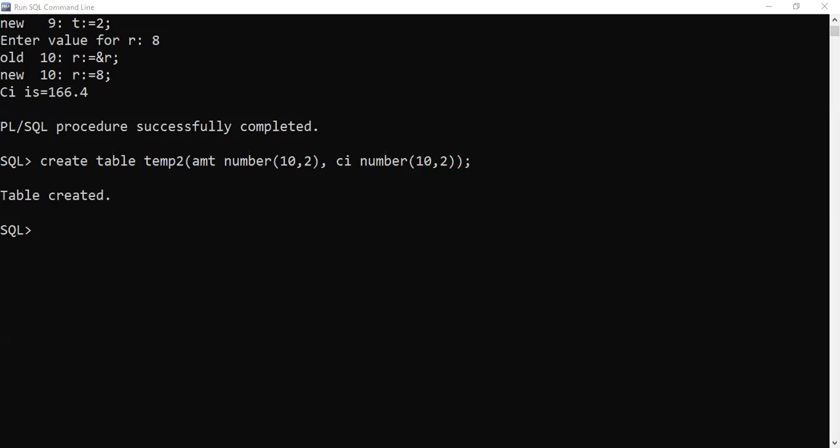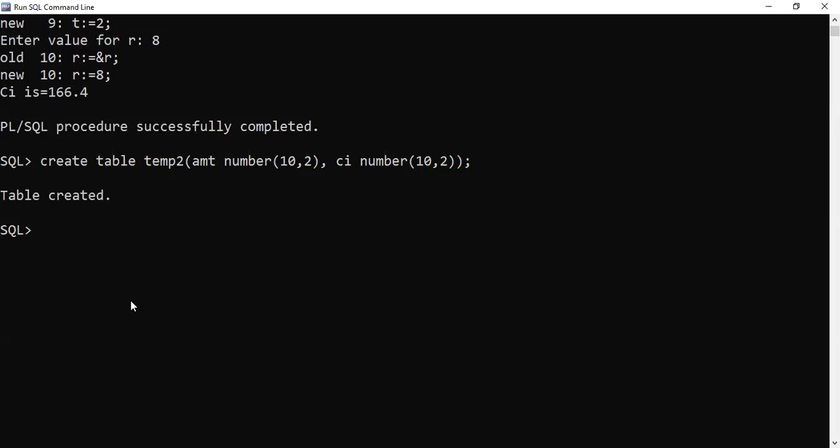So instead of showing it on the screen, I want to store it in a table. I want to store amount and compound interest. So in the bracket, I give amount, comma, compound interest. So now my table is ready.